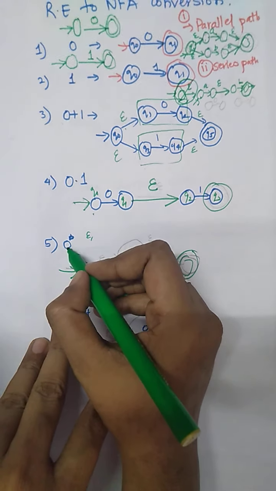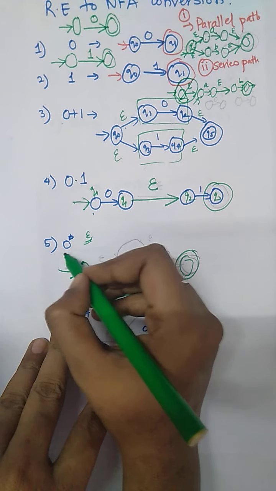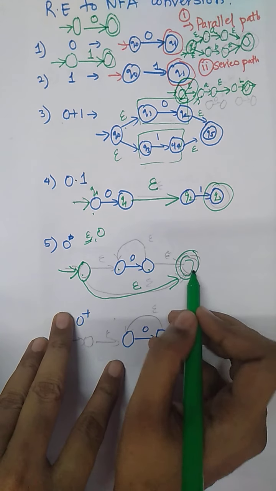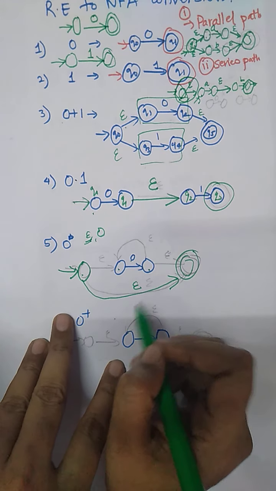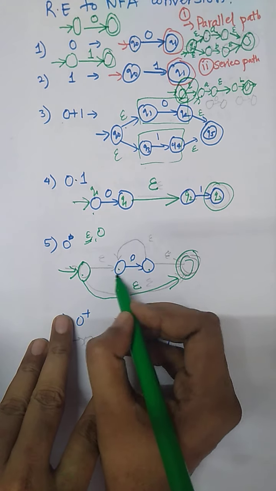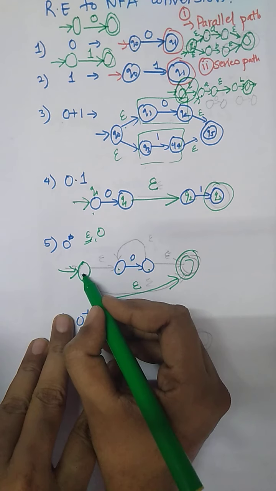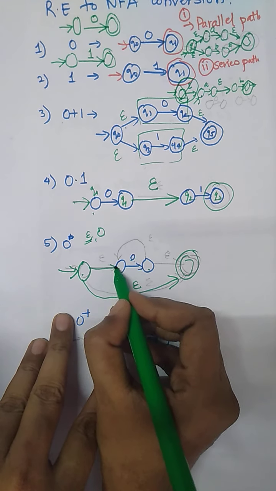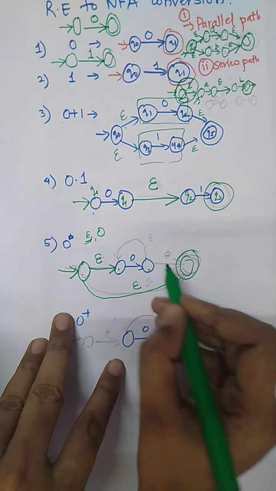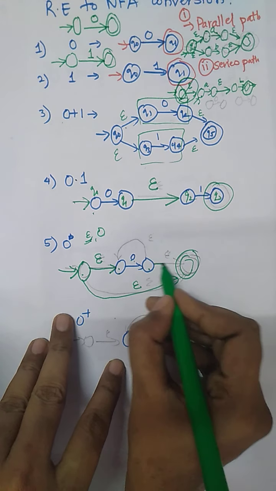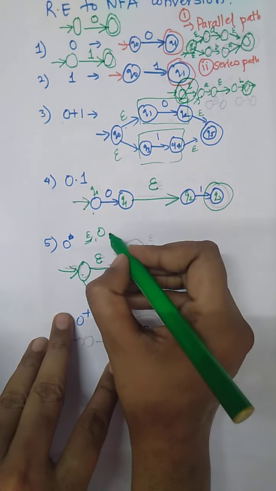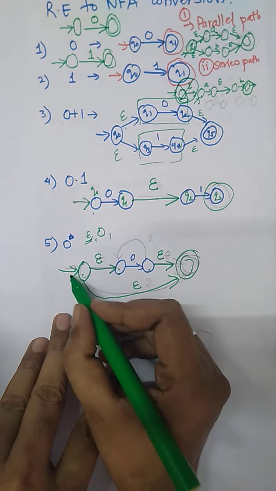Now the first string of zero closure is epsilon, and the next string is 0. I want to reach 0 also. This is initial, this is final, and this is 0. How can I reach the final state? By reading 0. I have to connect to this terminal so as to reach here. Adding an extra arrow means we have to put an extra epsilon. From here I have to reach the final state, so put an extra arrow, that means an extra epsilon. This is how I reach a single 0.